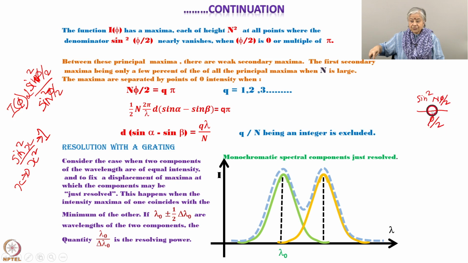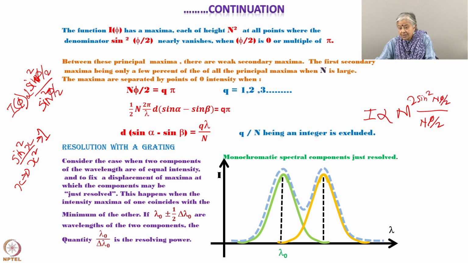So if I multiply by n, and I do it before taking the sine square, sorry, divide by n, and I multiply also by n, and then I take the square, this becomes n square. So my intensity I is proportional to some undulating factor here because of the sine,